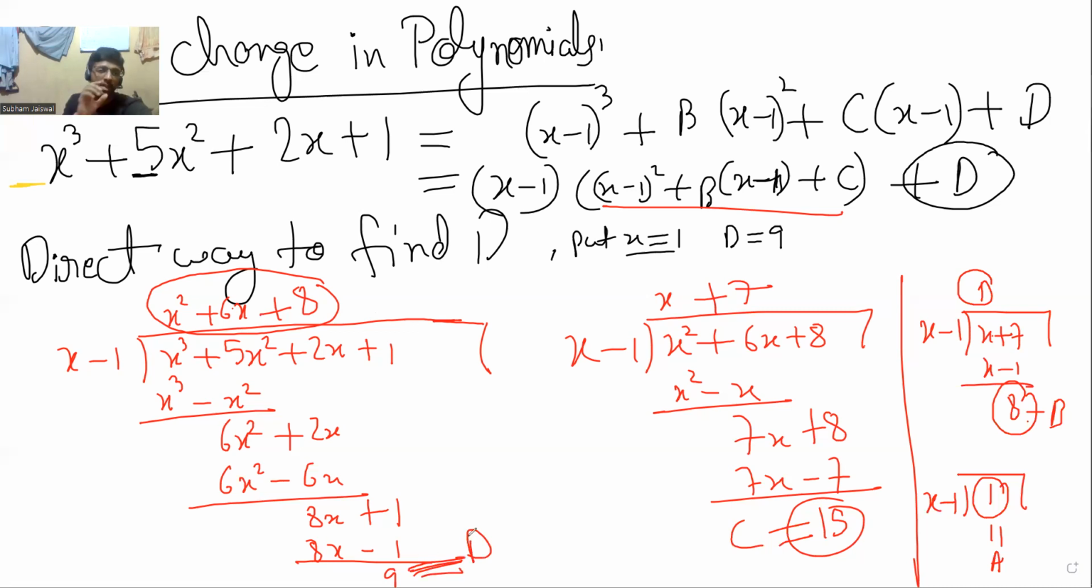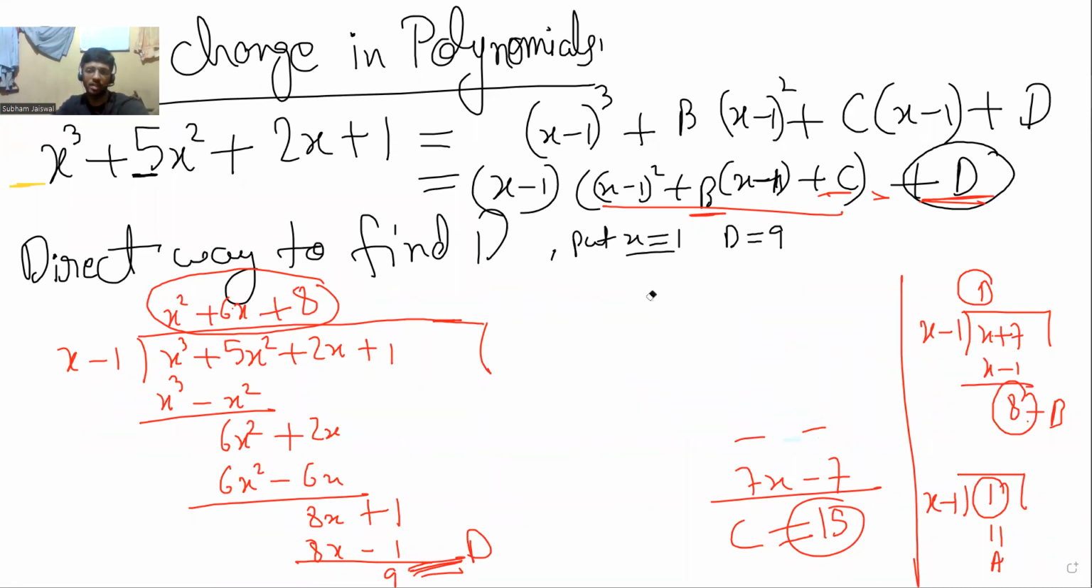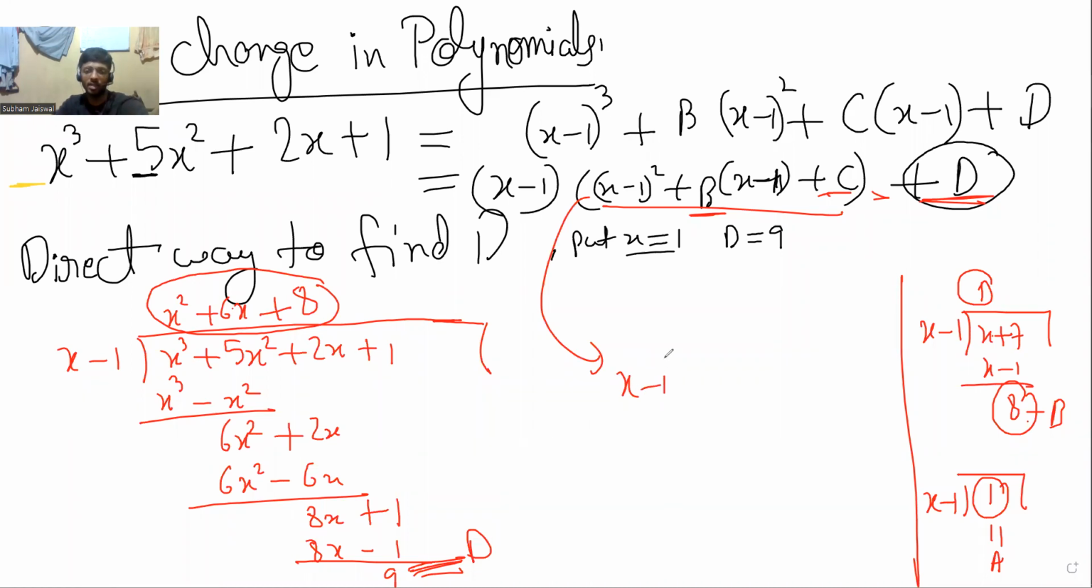Okay. The main thing is to be able to see that these are going to give you the answer from this thing that we have done. That D is the remainder, and then C is the remainder of when the quotient is divided by x minus 1. B will be the remainder when the next quotient is divided by x minus 1, because you take this, you can just write it as x minus 1 times x minus 1 plus